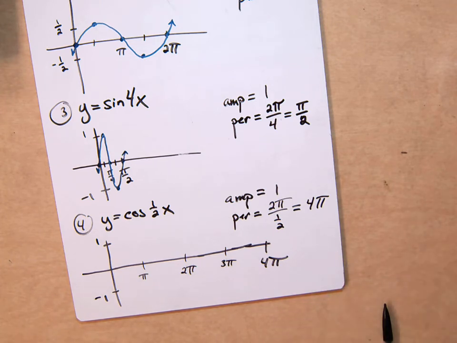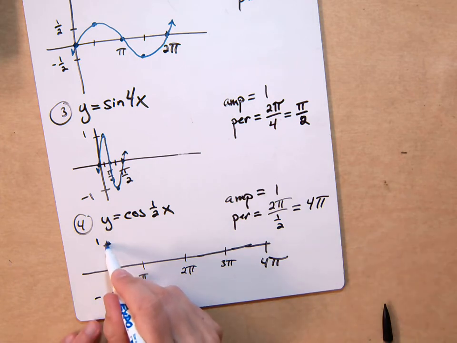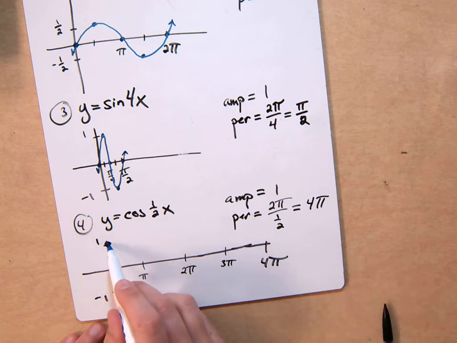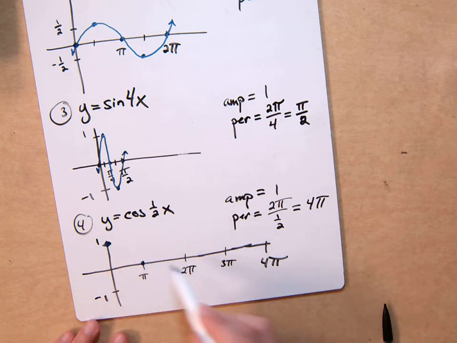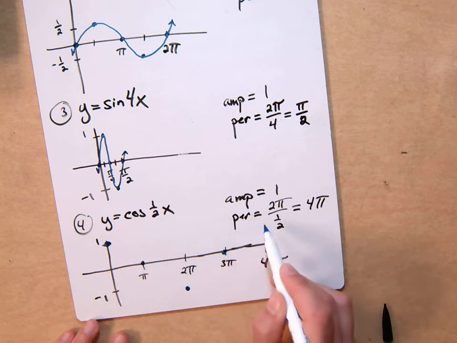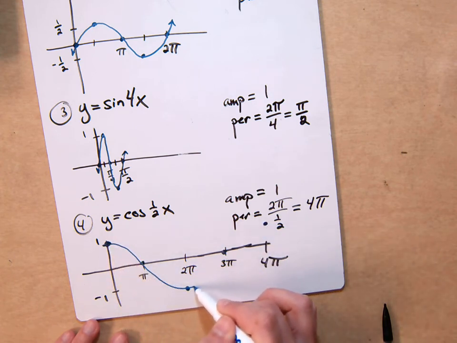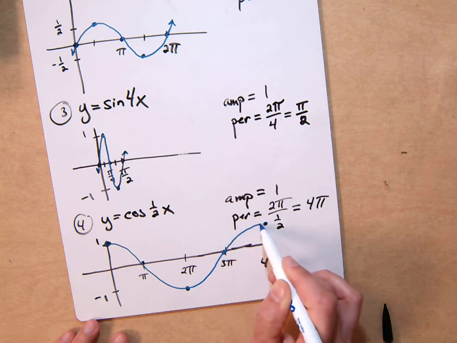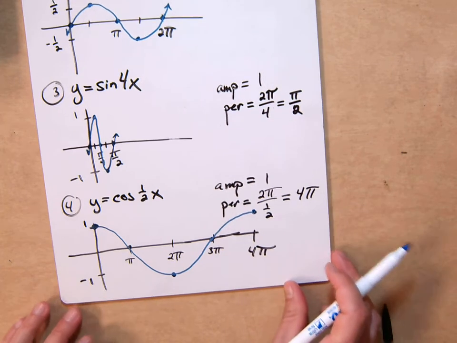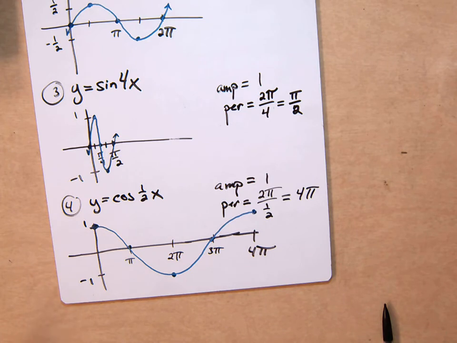So cosine, but careful, before you start, does cosine start in the middle? No, it starts at the highest. So you have to start here, otherwise everything gets screwed up. High, middle, low, middle, high. So it's this stretched out wave. It takes all that time. It moves very slowly. The frequency is only a half. So it stretches it